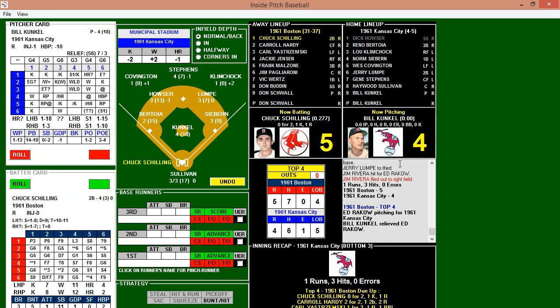So Bill Kunkel looking to give some relief so Kansas City can get back into it here. Or can get back, take the lead possibly, tie it and take the lead. So Bill Kunkel will come in, and he'll face the top of the Red Sox order, Schilling, Hardy, and Yastrzemski.